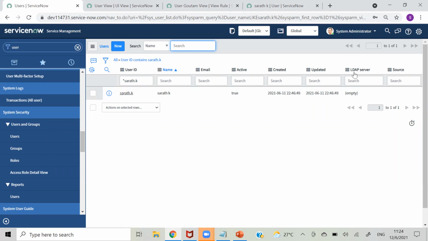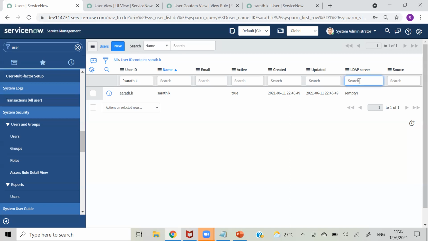That process in ServiceNow is called LDAP integration. LDAP full form is Lightweight Directory Access Protocol. So to integrate ServiceNow and AD, we will do LDAP integration. We will see LDAP integration after 15 to 20 classes, how we can integrate that.